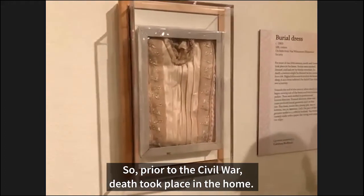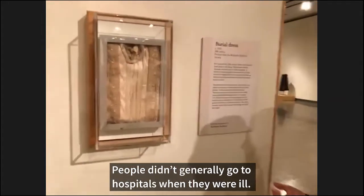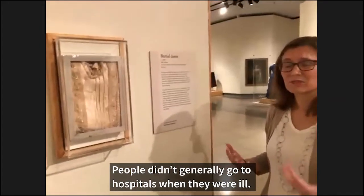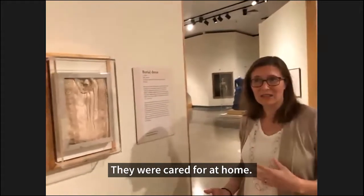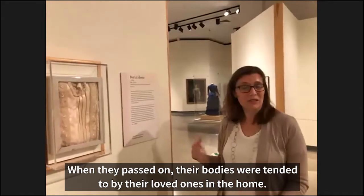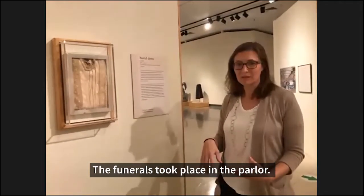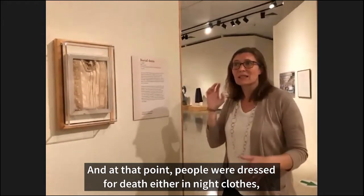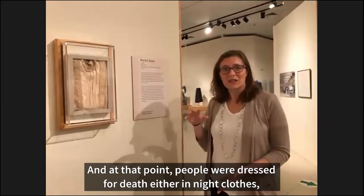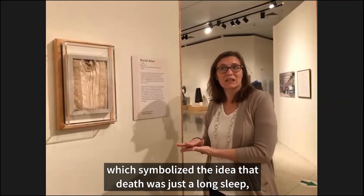1900. So prior to the Civil War, death took place in the home. People didn't generally go to hospitals when they were ill. They were cared for at home. When they passed on, their bodies were tended to by their loved ones in the home. The funerals took place in the parlor. And at that point, people were dressed for death either in night clothes, which symbolized the idea that death was a long sleep,